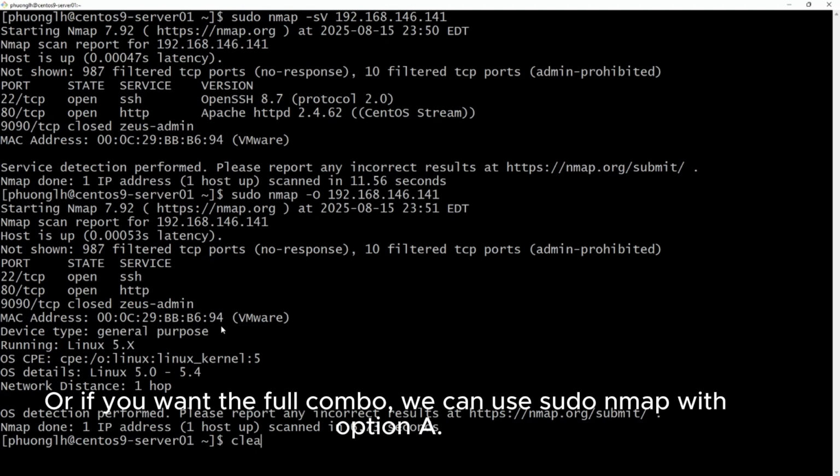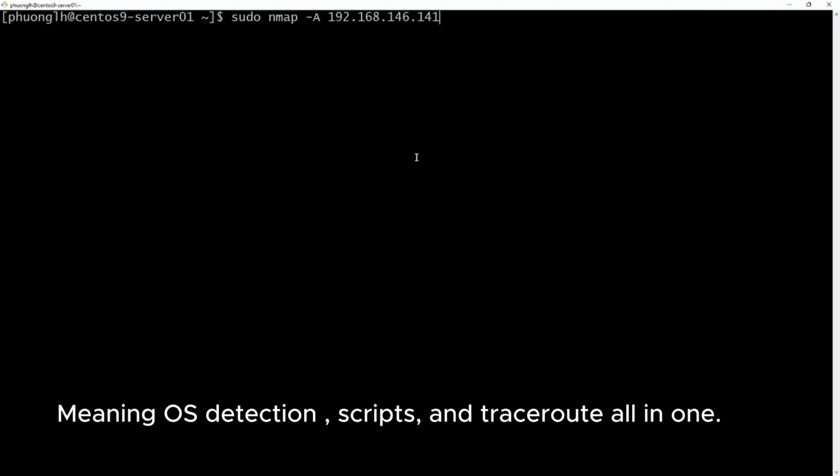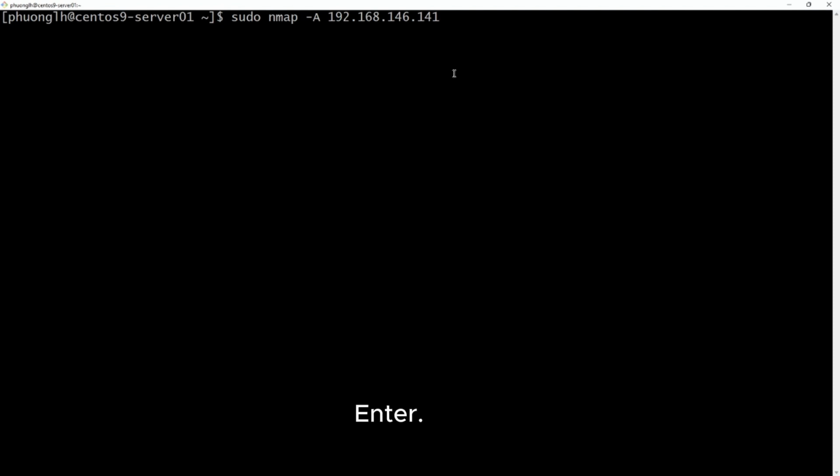Or if you want the full combo, we can use sudo nmap with option uppercase A, meaning OS detection, version detection, scripts, and traceroute all in one. Enter.